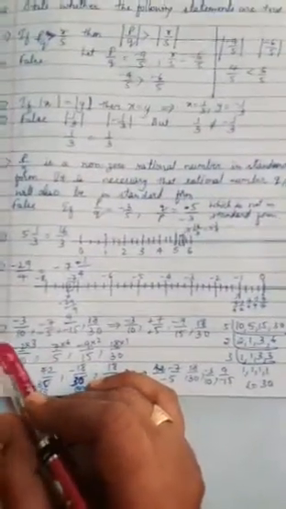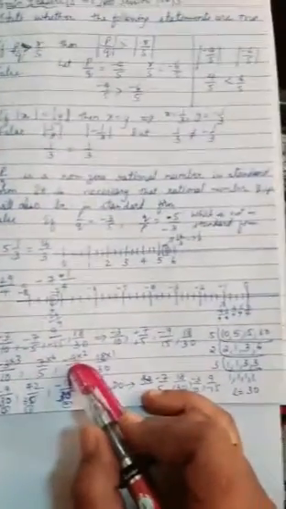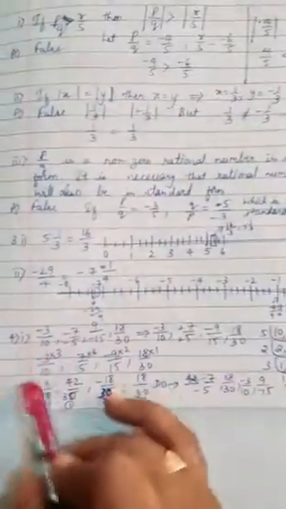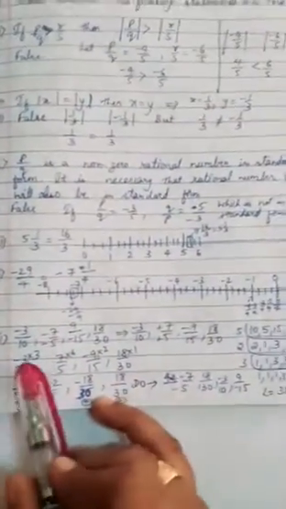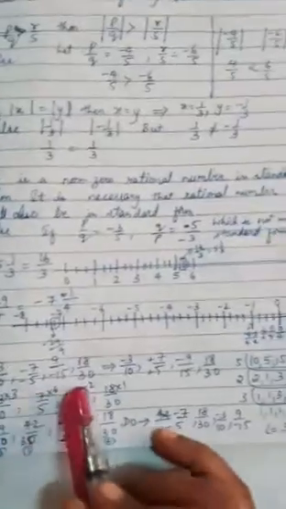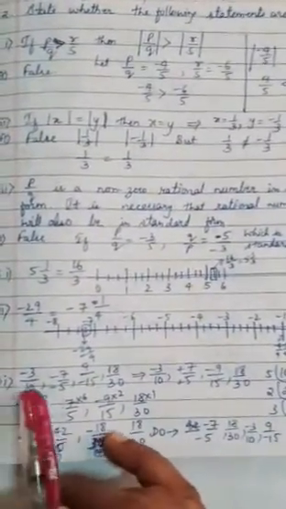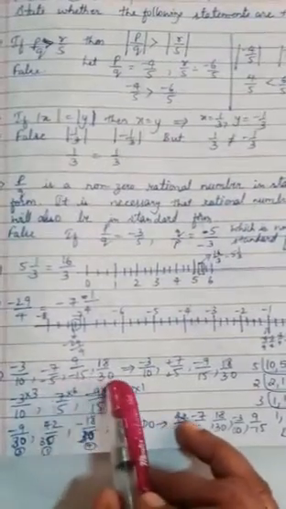So the next question is question number 4. Arrange the following rational numbers in descending order. You are given the rational numbers here. These types of problems we have done in the worksheets, children. Children, you can also directly take the LCM from the given rational numbers 10, 5, 15 and 30.